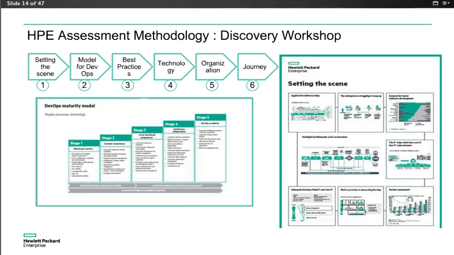The second methodology that we are using for assessment is the Discovery Workshop. This is a proven methodology. Proven means that we have used it for at least 5 years for the delivery of workshops, and we utilize feedback, all mistakes and all successes that we reach by using it. We set 6 panels of the major important parts of DevOps adoption, and we go through these 6 panels together with the customer to find what the blockers are,